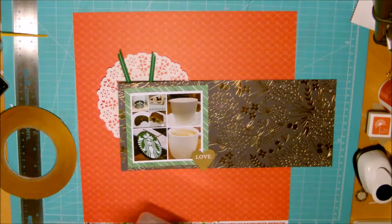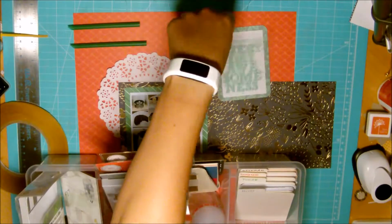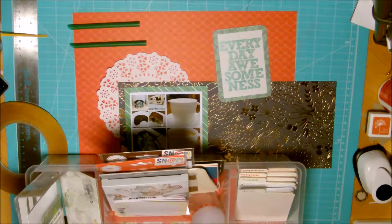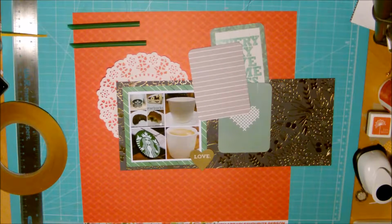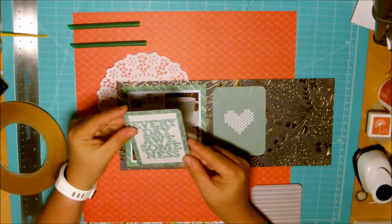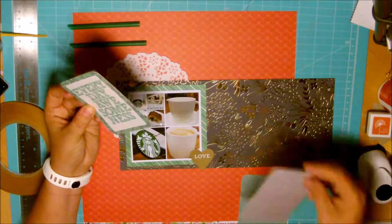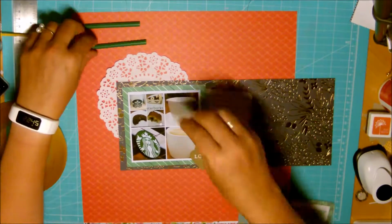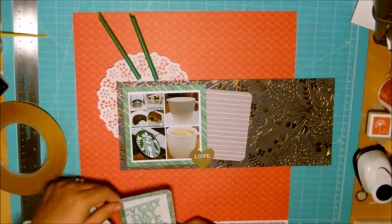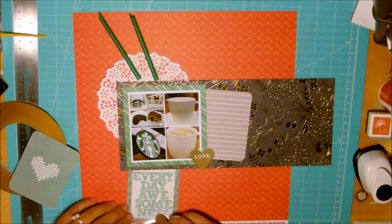Now you see, I found a doily in my stash, and I cut the straw from Starbucks just so I could use it as an embellishment. And I've been looking through my box with Project Life cards, looking for some colors that I think I can use for this layout. I need something to journal on, and then I found this acetate piece with the Everyday Awesomeness on, and first I just thought about putting it with the Kaiser Craft paper in the background, but it sort of got lost. So then I found the Project Life card here with the green border,